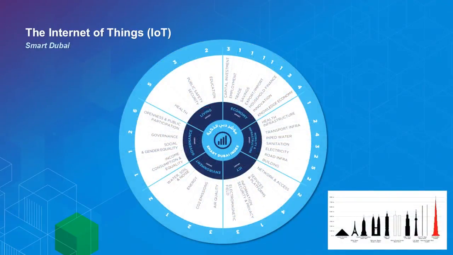The city of Dubai has tried to become one of the smart cities in the world. Dubai is very interesting because it's the home of about 900 or more high-rise buildings. 88 of them are taller than 180 meters or 500 feet. The tallest one is the Burj Khalifa, 828 meters tall, or about half a mile, 2,717 feet tall. It has 209 floors. It weighs more than 100,000 elephants. That's pretty interesting statistics.